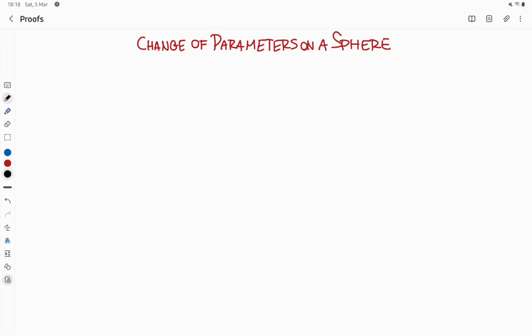Today we're going to be covering the change of parameters on a sphere theorem. So, this time we're going to be working with two charts. Let phi of u, with u a subset of the k-dimensional real space, be a map mapping this subset onto some surface S, and let xi be likewise some k-chart mapping some subset of the k-dimensional real space onto the surface S, be two k-charts